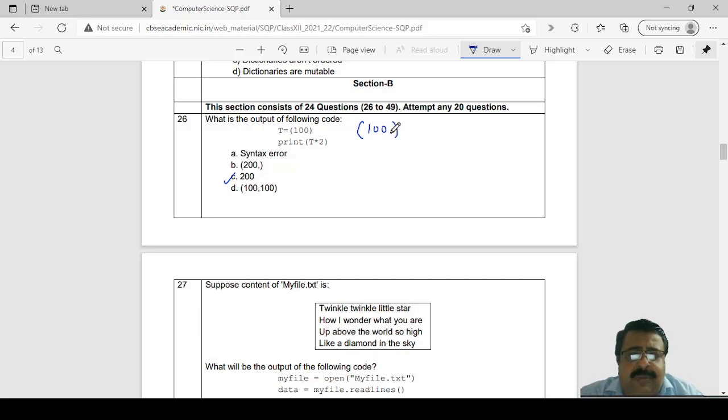If this comma is not present, then in that case it will not be considered as a tuple. It will be considered as an integer only. So T is actually, in this case, 100. So 100 multiplied by 2 is 200.